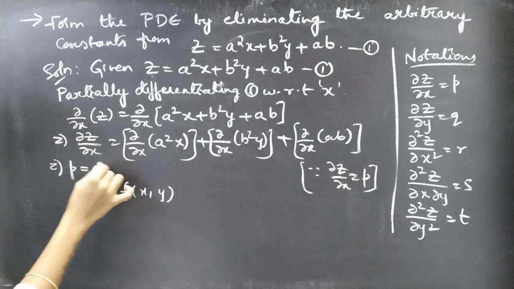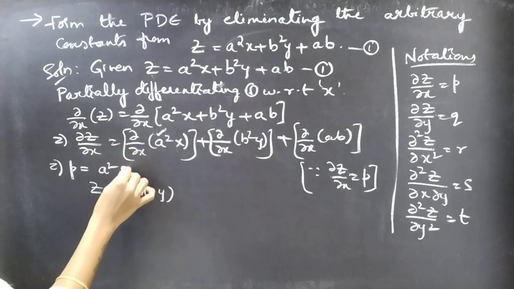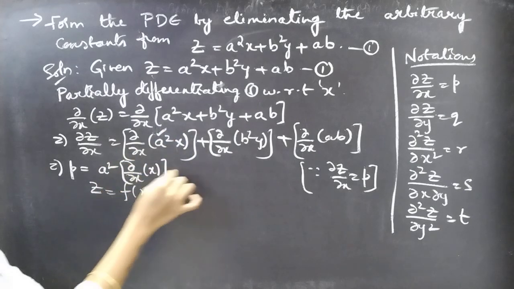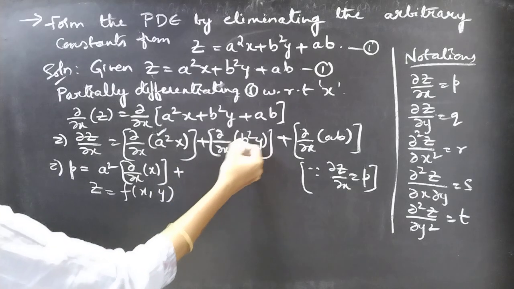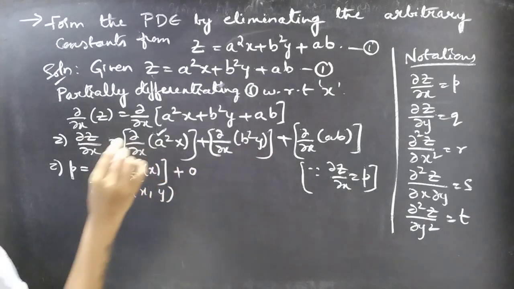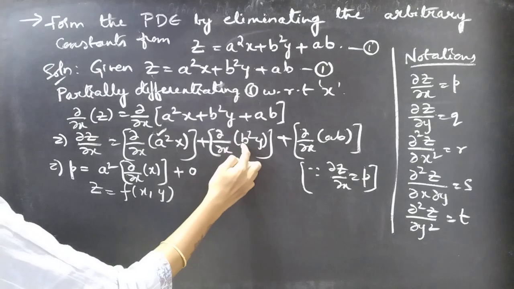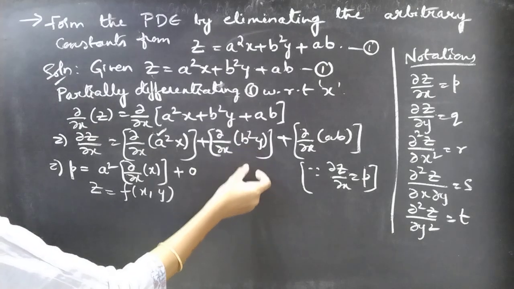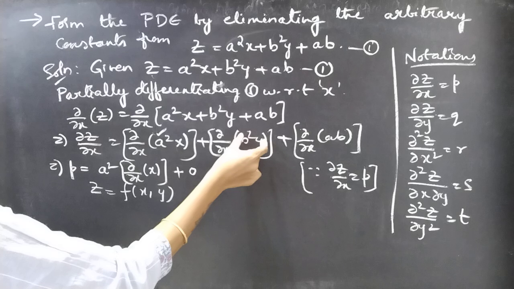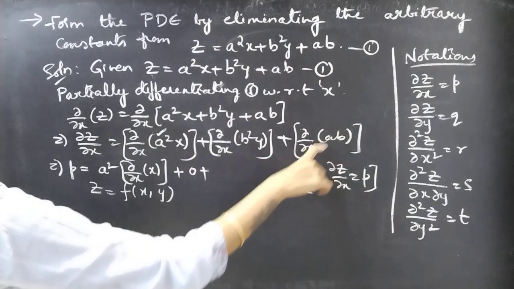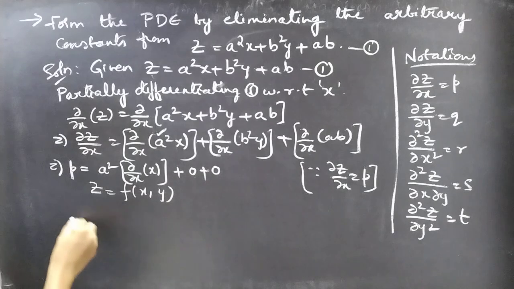You'll get p equal to constant a square into dou by dou x of x plus partial derivative of a constant with respect to x is 0. Since we are partially differentiating with respect to x, so we'll treat y as constant, right? So here we are having b square and y, which is treated as constant, so the partial derivative of constant with respect to x will be 0, plus partial derivative of a constant with respect to x 0, which gives us